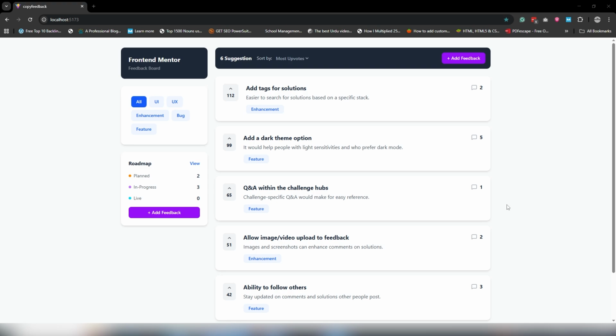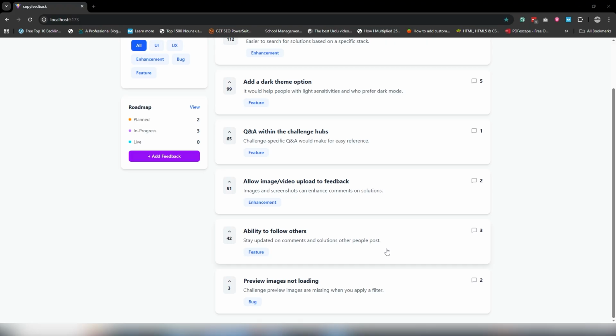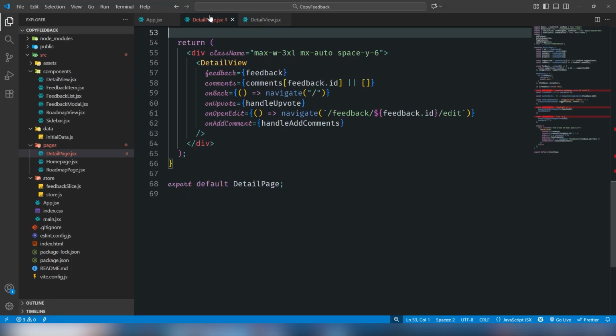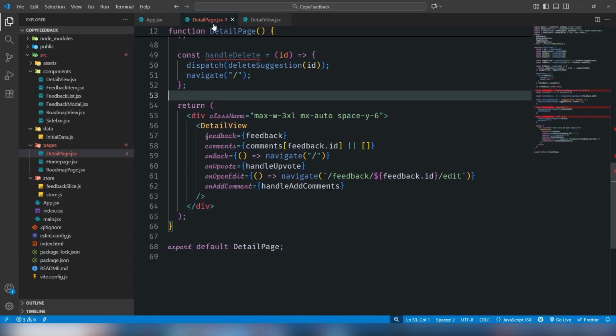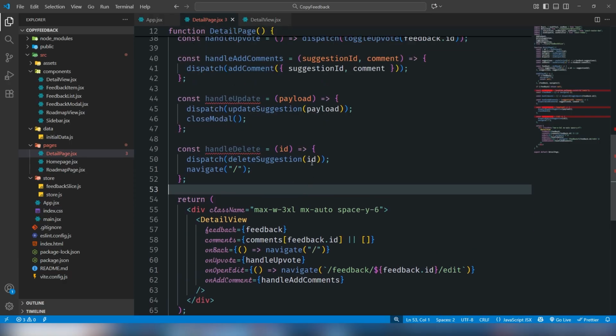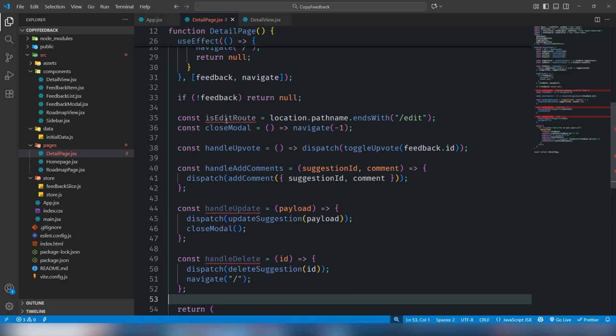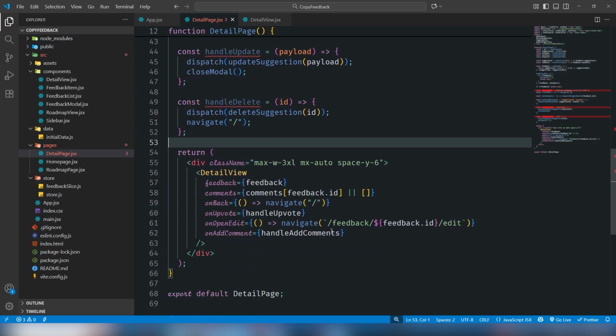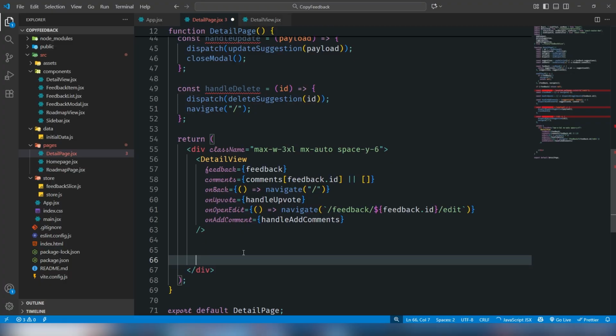So guys, this is the last and final thing we need to work on, to display the data inside this one page, edit data, and so on. So this is all about model. So I need to move on detail view page. I'm in detail page. So inside they have all of the functionalities that I used, but I need to add one more thing inside this one page, which is, give me a second guys,